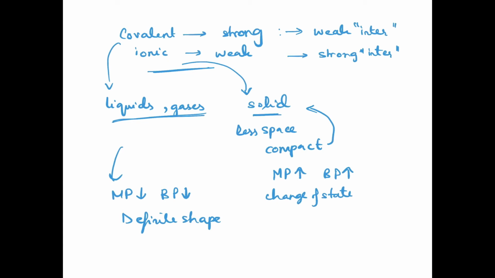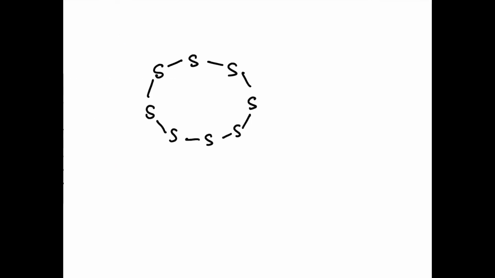Also, we should note that covalent bonds occur between two non-metals, while as we have seen, the ionic bonds occur between a metal and a non-metal. So in case of covalent bonds, you have various types, and let's look at it with an example of S8. Here I've drawn it as a ring structure. Actually, it is a crown shaped molecule. This is just to understand this concept. So we have these single bonds between the sulfur atoms. They are single bonded, single covalently bonded.